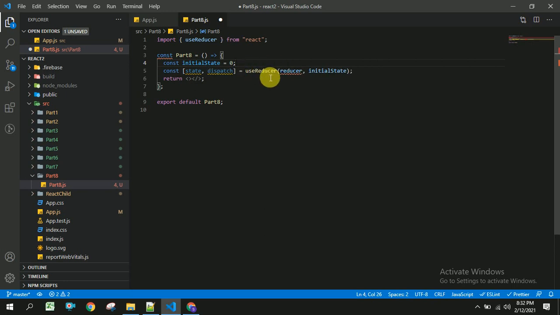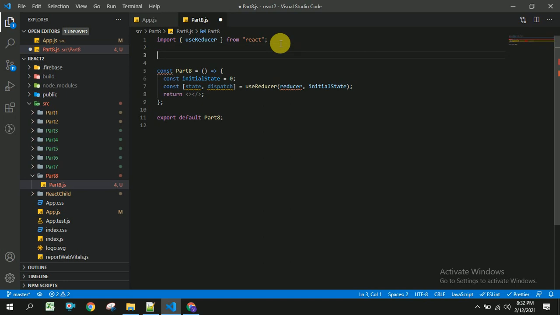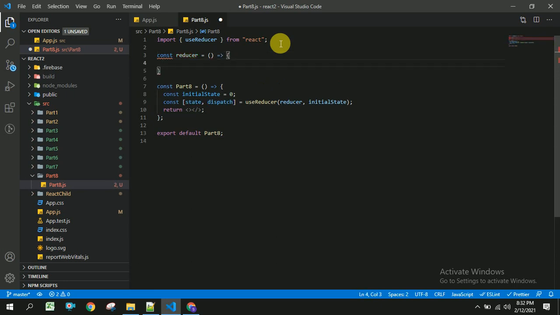Now I am going to create this reducer function above by using arrow function syntax. This reducer function will take two parameters, so we will do that later. And here I am going to create two buttons for incrementing and decrementing.